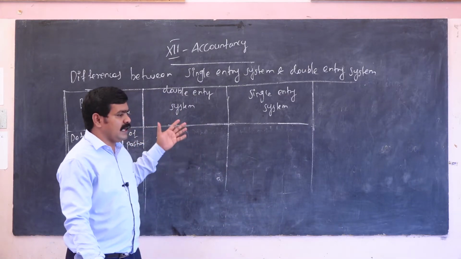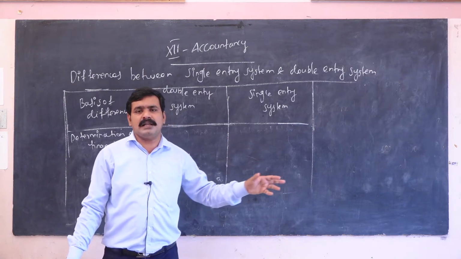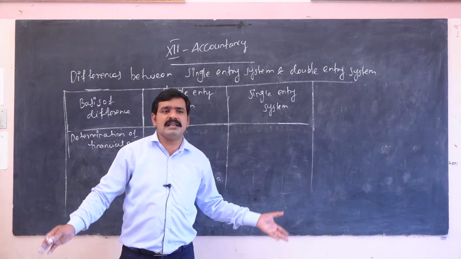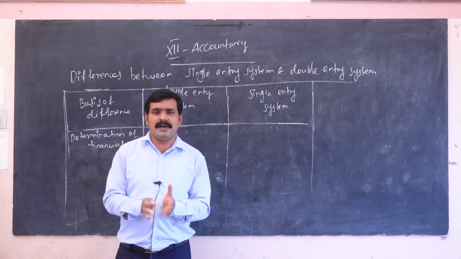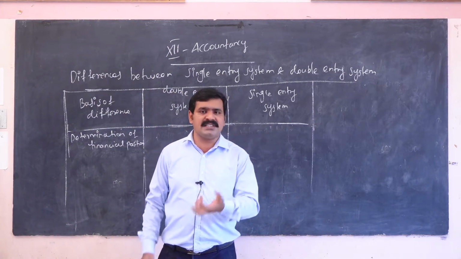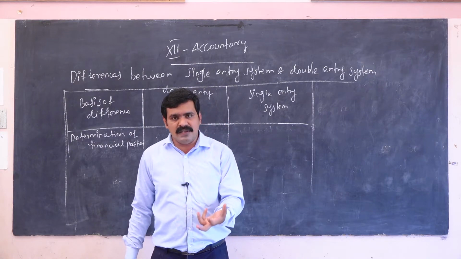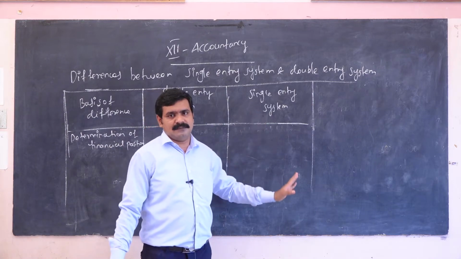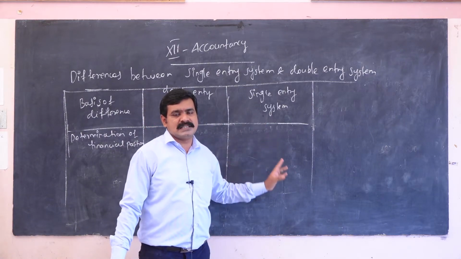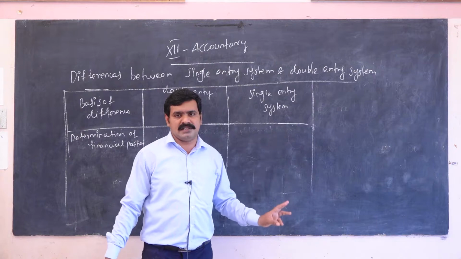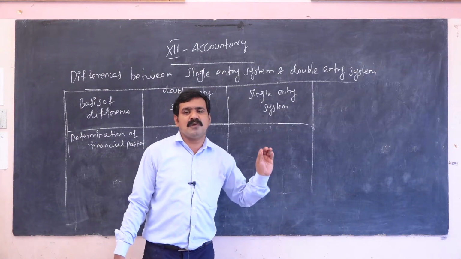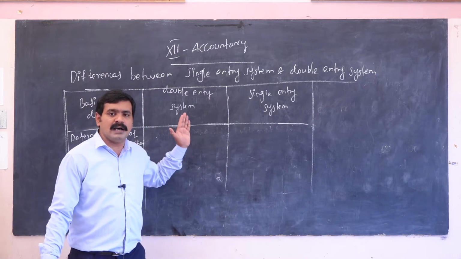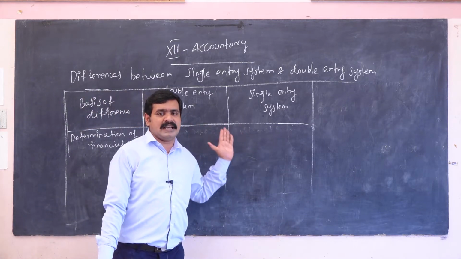So all the records we have to maintain properly, but here we are not maintaining anything properly. That is according to the proprietor's wish, according to our owner's wish, they maintain these kinds of records. So this system is not applicable to all organizations. Here only small scale organizations maintain it. All the manufacturing companies, all the large scale companies, they are maintaining the other kind of system.